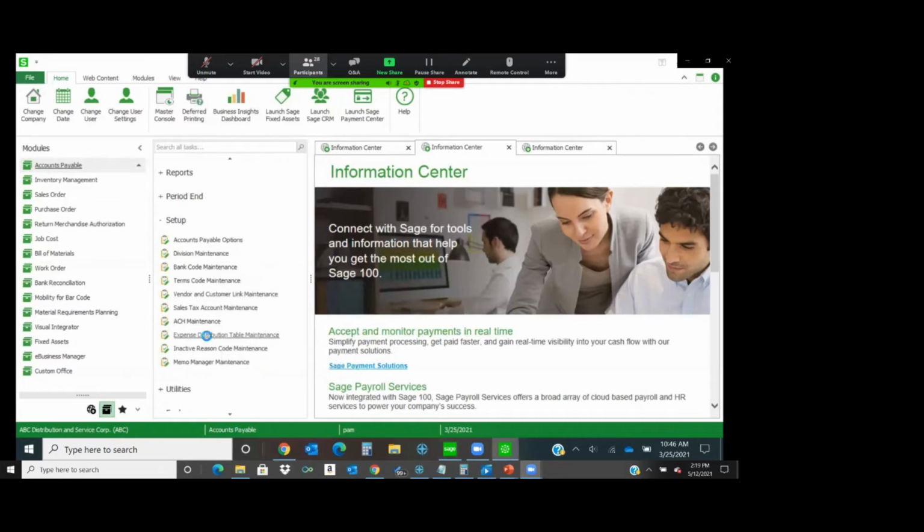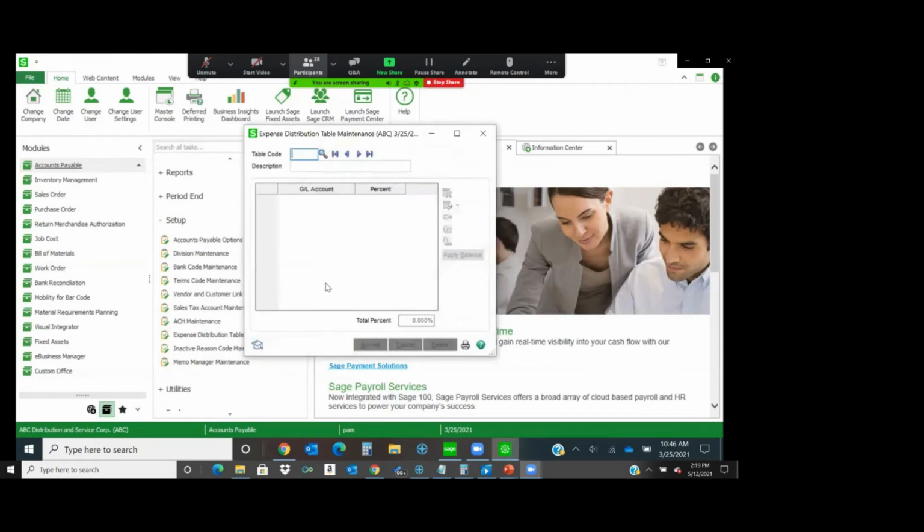And what this allows you to do is to create a distribution table that you can assign to a vendor. So let's say that your utility bill gets broken out amongst 15 different departments. Maybe some departments pay 10%, they're allocated 10% of the expenses, some may be 5%, some may be 20%. So what you can do is set up a table, and I would recommend